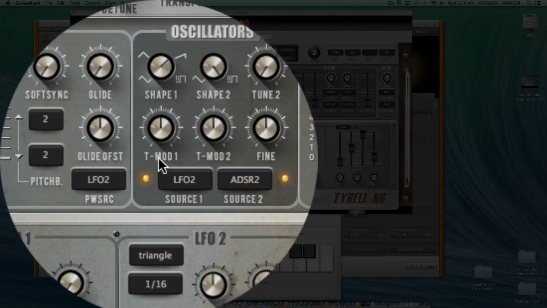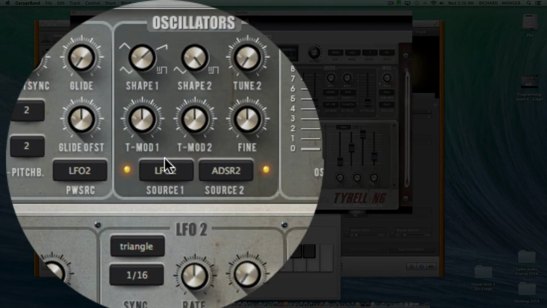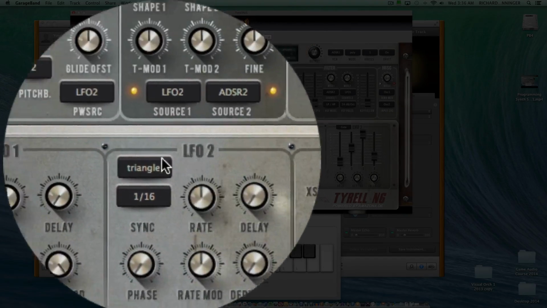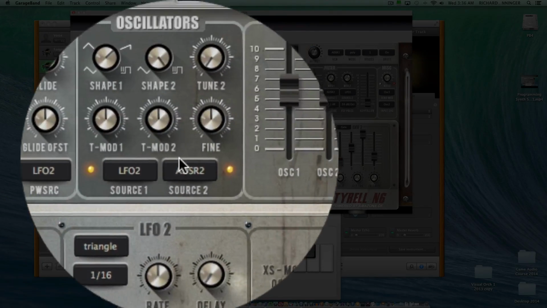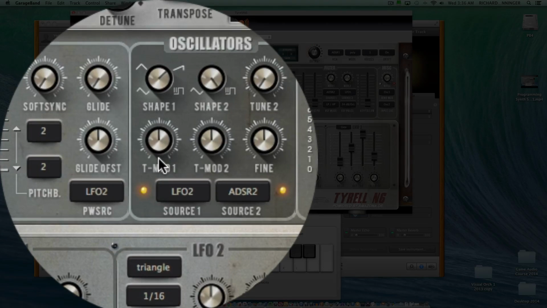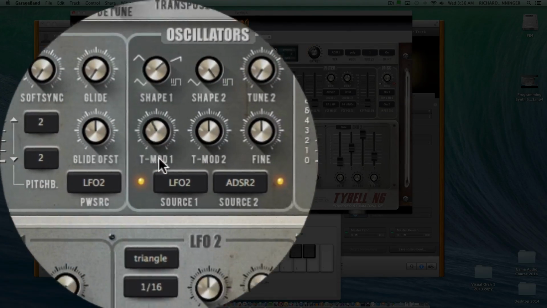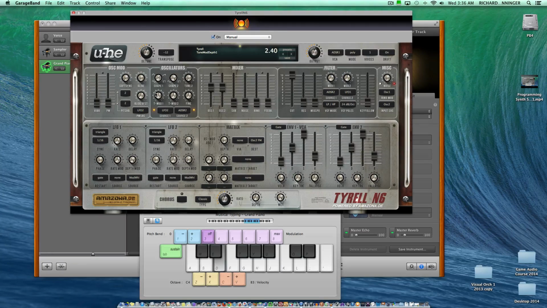And then you have a tune mod wheel up here. So if I play a note, you really can't hear how it affects it. You don't hear these on their own until they're assigned to an oscillator. So in this case, I'll use my tune mod wheel. So you can hear how that oscillator's kicking in. So if I were to take the oscillator out and use the tune mod wheel, you